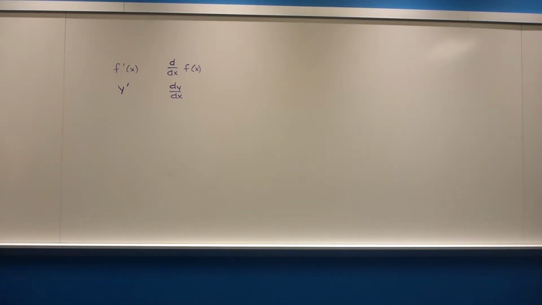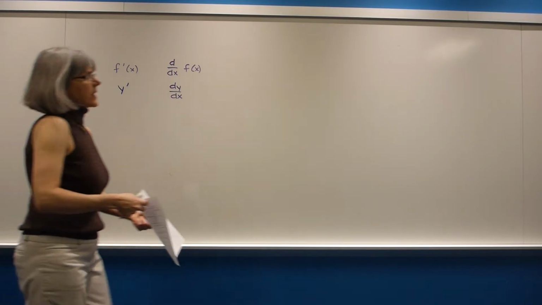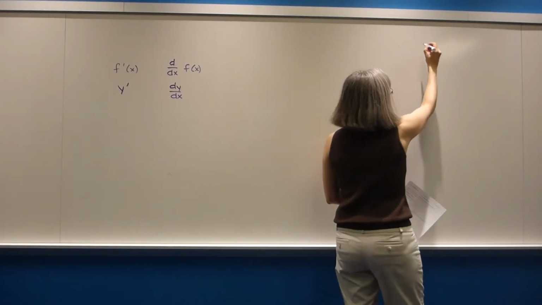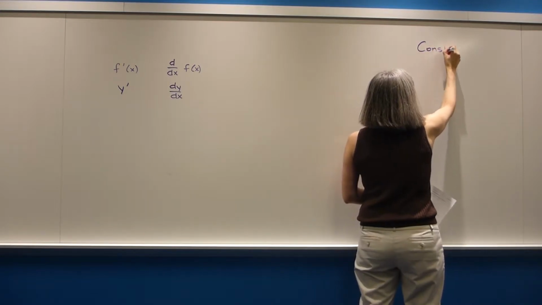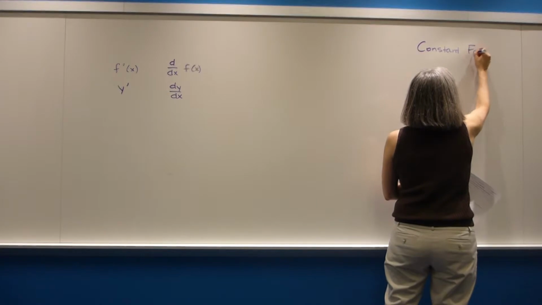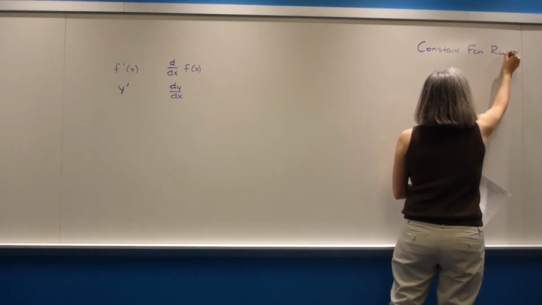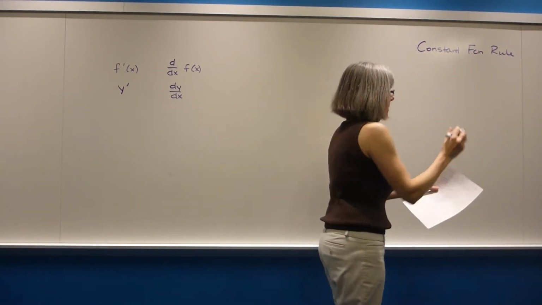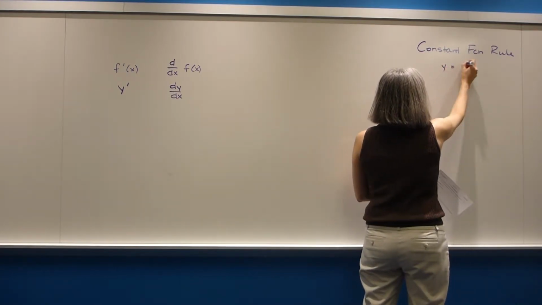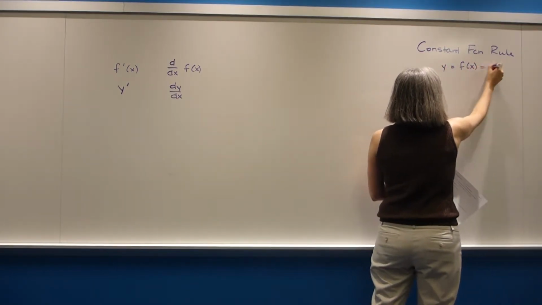Okay, so we have a couple of rules. We'll start writing out some rules over here. I'm going to try and make a list over here so that I'm not standing in front of it when we need it. So here's the constant. There's a constant function rule. So if y equals f of x equals some constant,